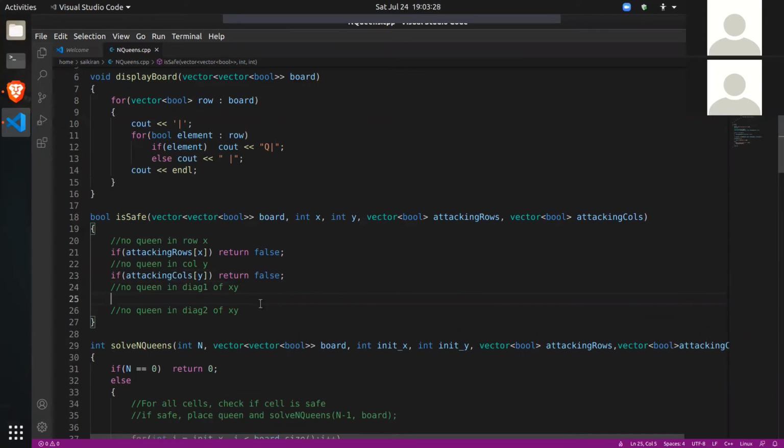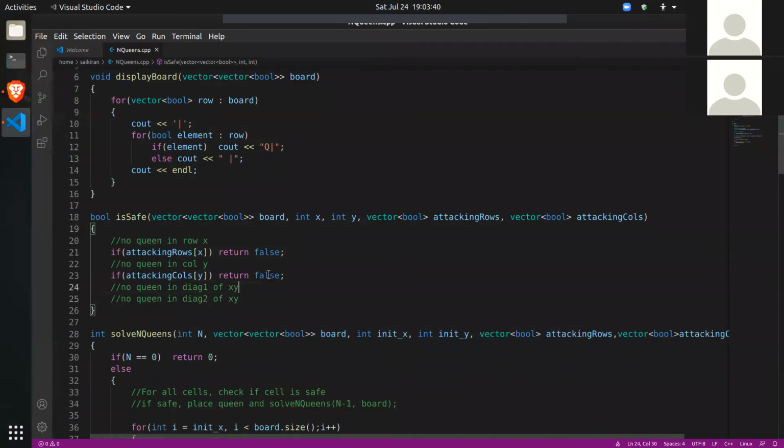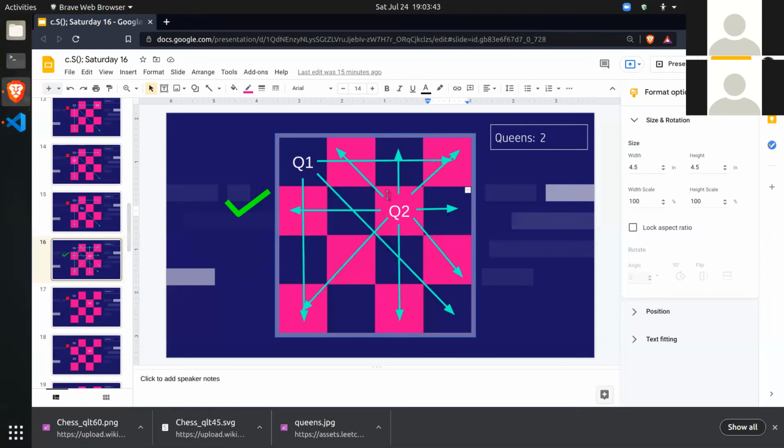Now it is time to check the diagonals. Checking diagonals is easy, but we need to write for loops for this. So what do we do? So current x. Okay, the logic for checking diagonals is like this. So what is Q2's position here? Okay, let's say that rows are 0, 1, 2, 3.